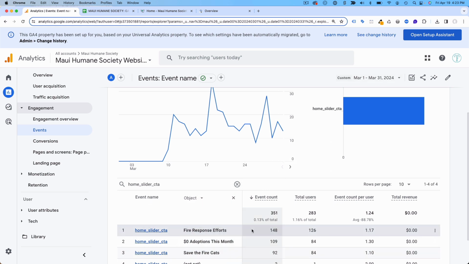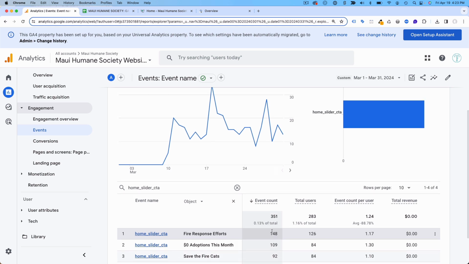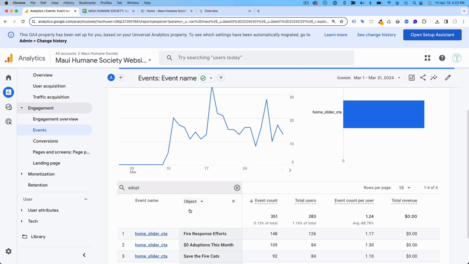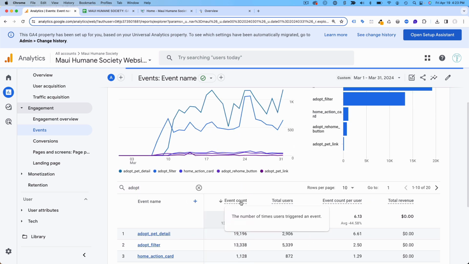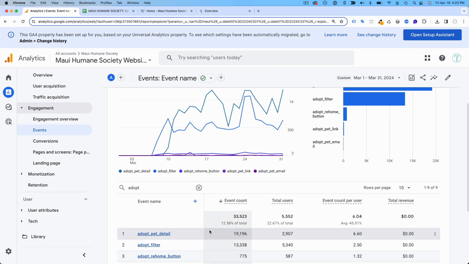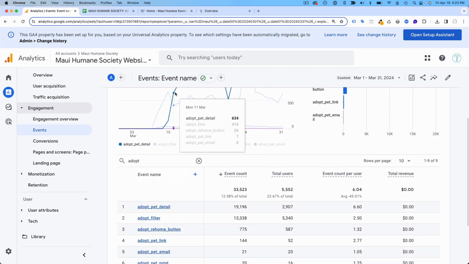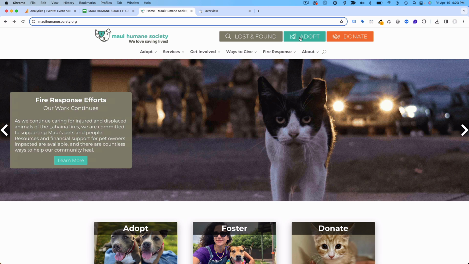So it looks like the fire response efforts are the most popular slider, and we can break this down and break other things down too. Let's take a look at another one too, just to make sure all of our adopt events are coming through. Now the adopt events are going to measure for us all of the interaction within the adopt section of the